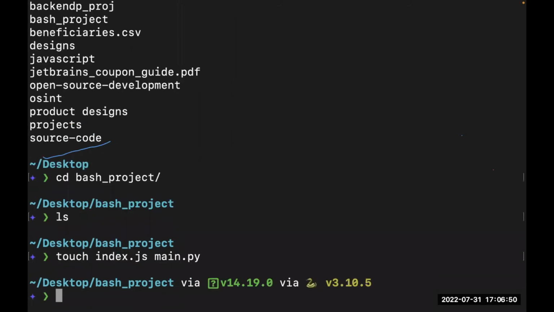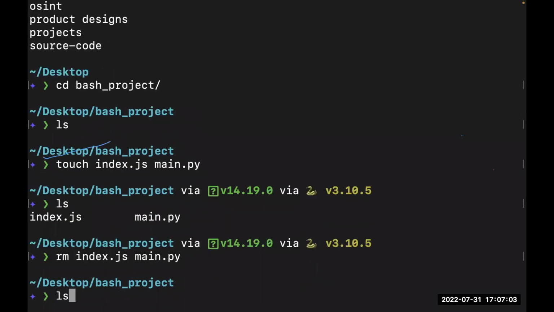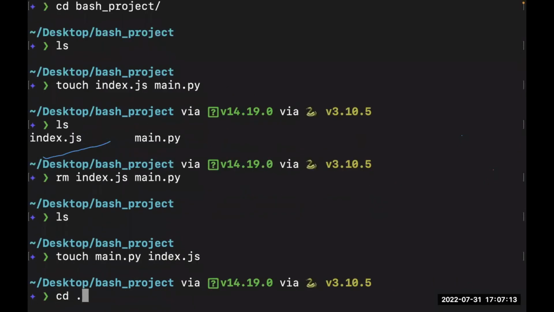So yeah, let us list. Now you see we have two files, right? So we have the index.js file and the main.py file. Let us remove these files. I'm going to use rm index.js main.py. Now let us preview with ls. There's nothing in there. What if you have two files, which is main.py and index.js, and then we want to